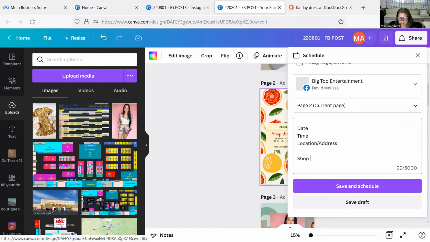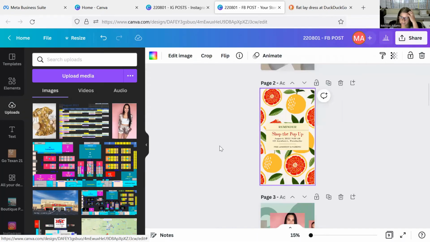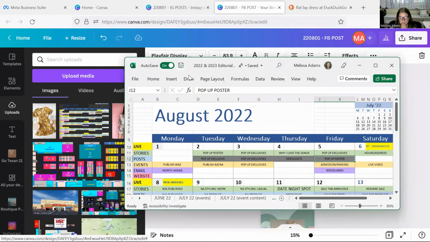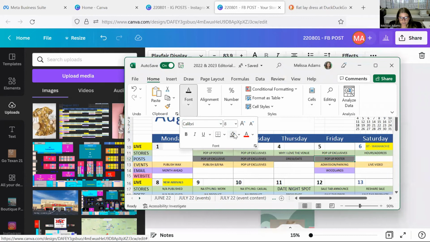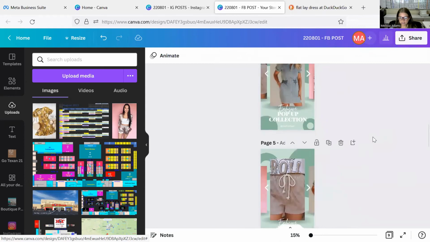Shop our complete collection online now at website, or join us in person to try it all on, meet our boutique staff, and see our pop-up exclusive collection, whatever. Save and schedule. Boom. Now I'm going to X this out so we don't actually schedule it on the big top page, but you could go there and then go on to the next one. And now we've scheduled this one. So I will color it black, so I know that's been scheduled. And then we would go in and do our pop-up exclusives and our dress date night the exact same way. So you can see how you can get a lot of content up in a very short amount of time